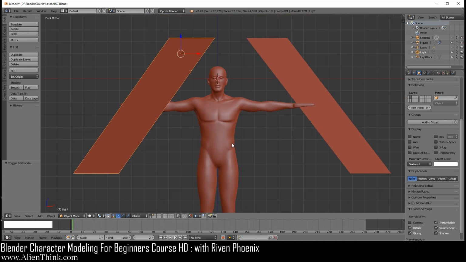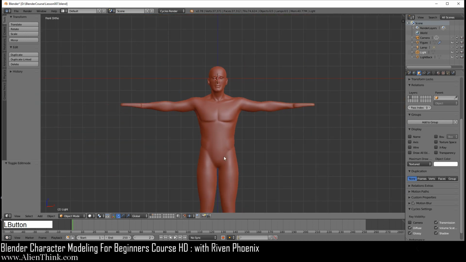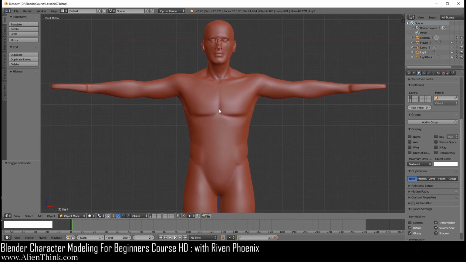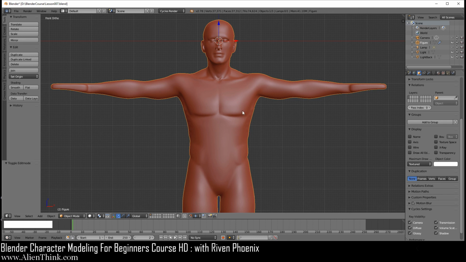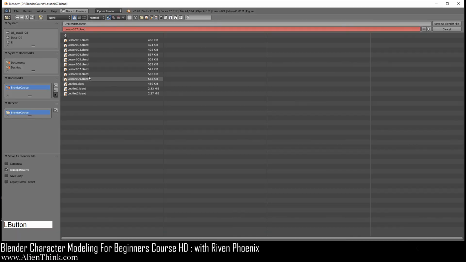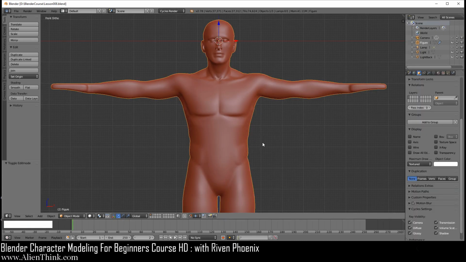Okay. Let's go ahead and select this over here and move this here like this, and we'll be ready to go. So I just wanted to show you how that works, and go ahead and click on figure, and we will be ready to move on to the next step. So I'm going to go under file, do save as, and let's save this as lesson 8. Okay, so I will see you in the next lesson.